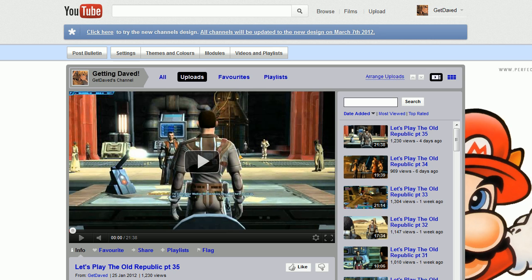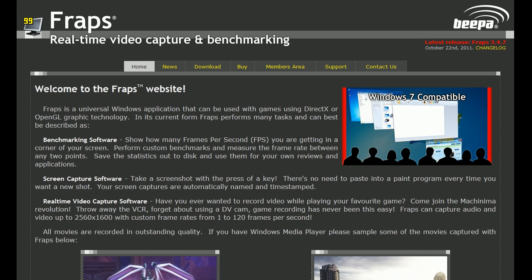So for the technical side, you need to know what you're recording and how you're recording it and so on. The easiest solution is to do stuff through PC. There's more complex recording operations, but technically speaking, I'm just going to talk about PC for now. And if you want to go big, be my guest, but you'll have to do a little bit of figuring out yourself. So you need a recording software.